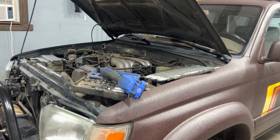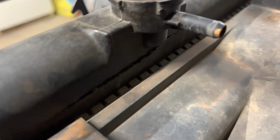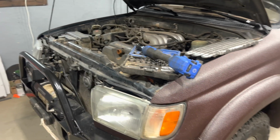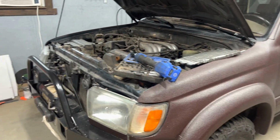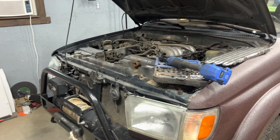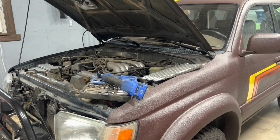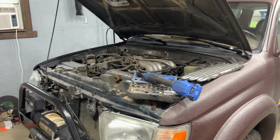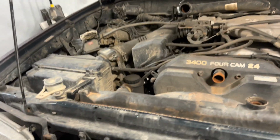Gonna replace the radiator. This one's cracked and ended up leaving me stranded on the road. But we're gonna replace the radiator. While we're in there, we're gonna do a bypass on the transmission cooler due to it running through the radiator, and don't want that to fail and end up filling the trans full of water or coolant. So we're gonna replace that, do the bypass while we have it all together, which I've already pulled the grill,